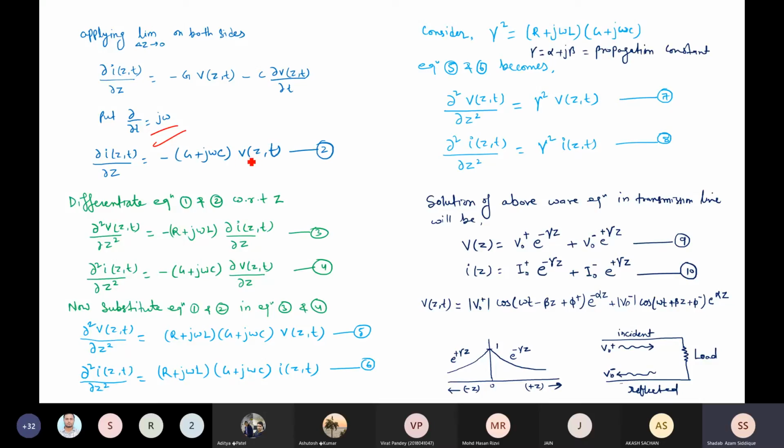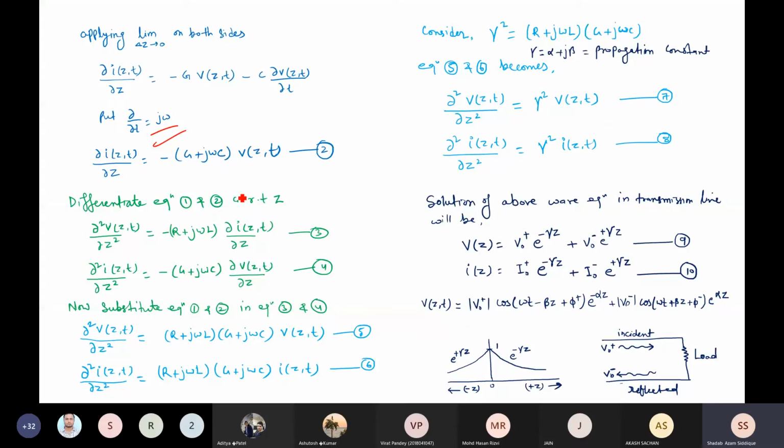So this can be written as (G + jωC) V(z,t). What we understood from these two equations, these two differential equations, is this. Now if you go through the rectangular waveguide analysis,